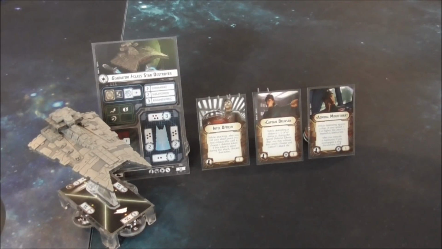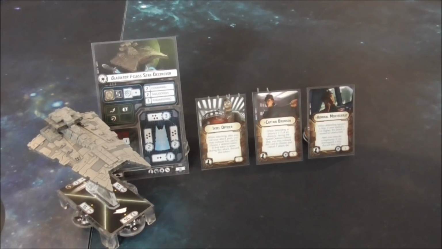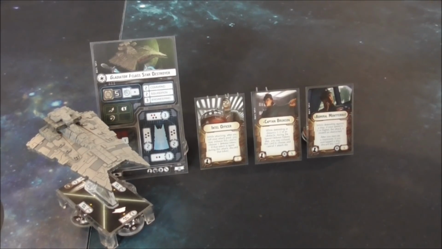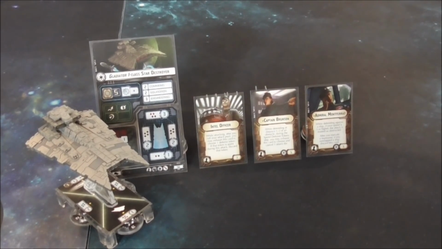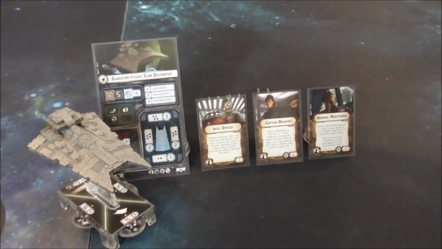Intel Officer is obviously a bit of a no-brainer, as with the high damage output, it allows you to really pressure sensitive tokens such as Brace. Coming in the new wave, Captain Brunson is a really good card potential for the Gladiator. The Gladiator at the moment, its main weakness is that it's a lot less survivable than its rebel counterpart, the MiG-30. And with its maneuverability, it really should be able to maintain that distance 1 to 2 of an obstacle that you need. Having that sort of effect where while you're at 1 to 2 of an obstacle, you can exhaust the card to choose and cancel an attack die, that could be really good for a